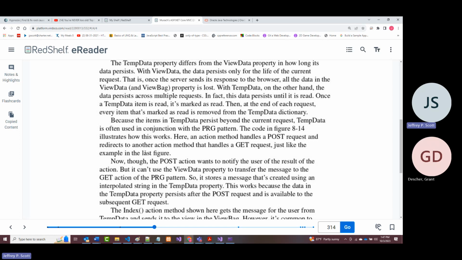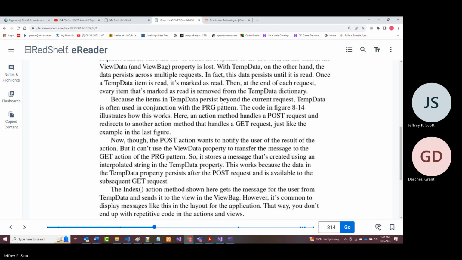Not only that, when you set this up, and you're going to see this very shortly, there are different ways that you can implement this. So it says, in fact, the data here persists until it is read. Once it's read, it's marked as read. And if you say, I don't understand what that is, when something is marked as read,